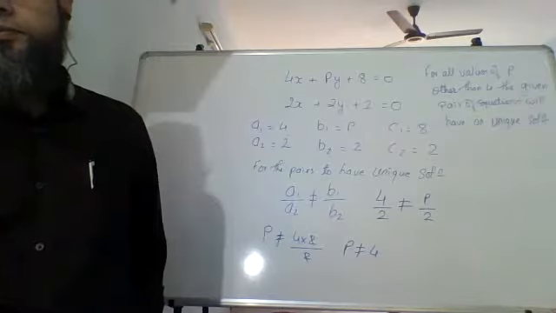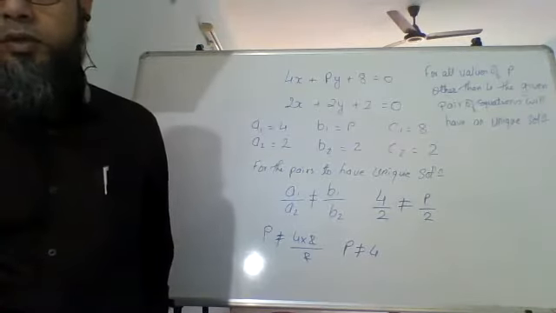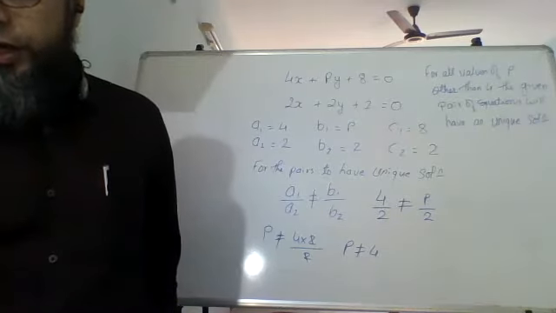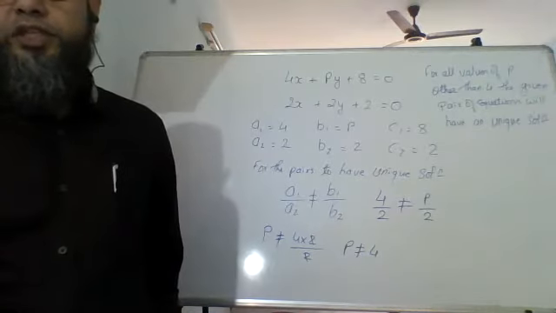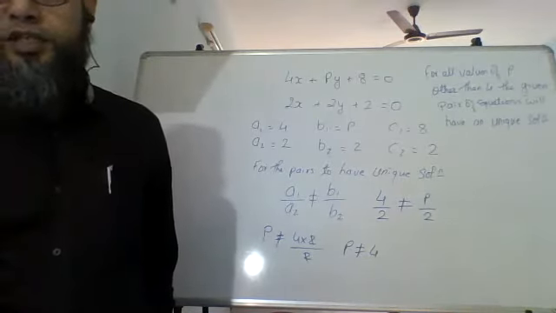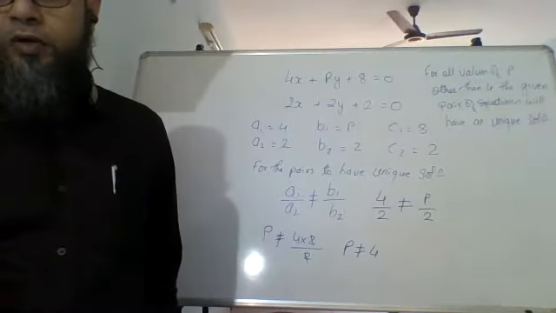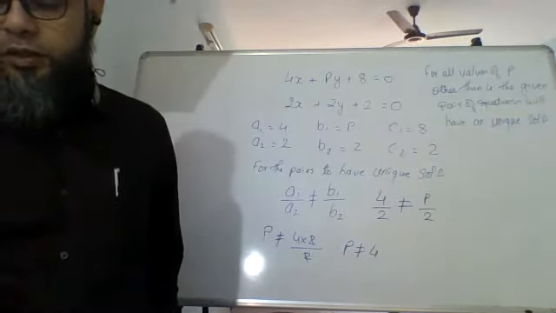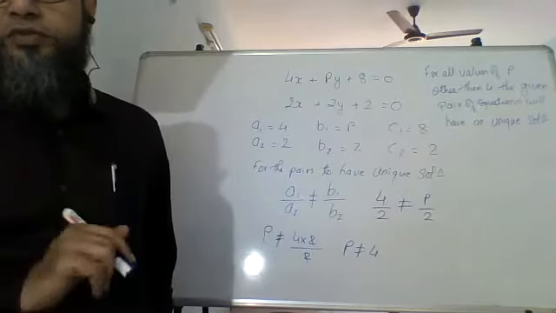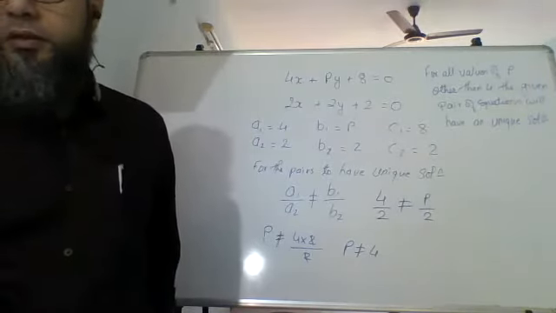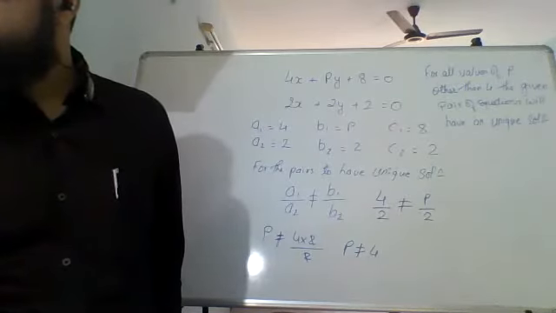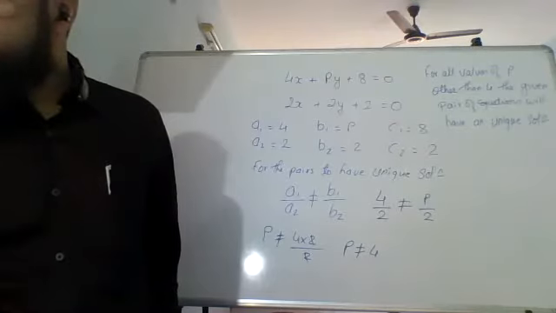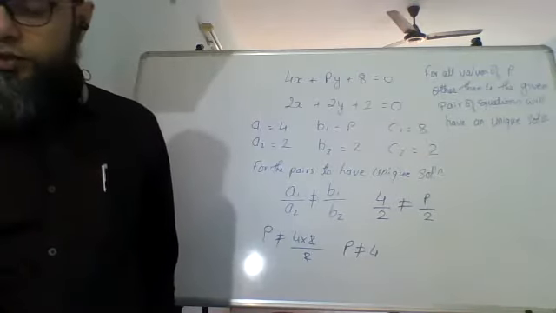Done with this? If you have done with this, please let me know. Then we'll start with equations reducible to a pair of linear equations in two variables. Next, we are going to see equations reducible to a pair of linear equations in two variables. Have you all finished copying this? Please let me know. Please do it a little quicker. Let me know if you have got it.